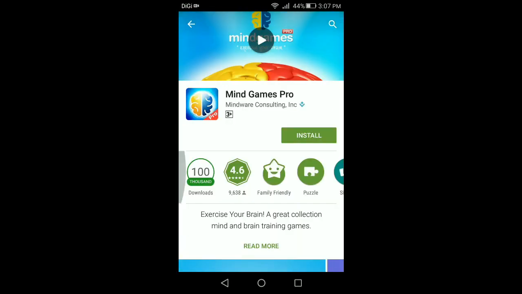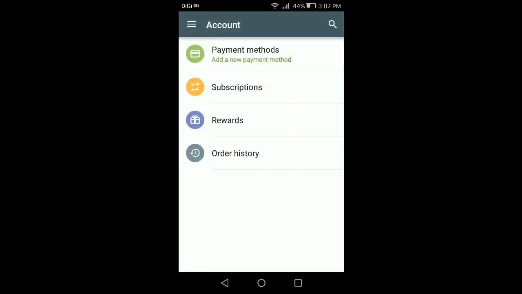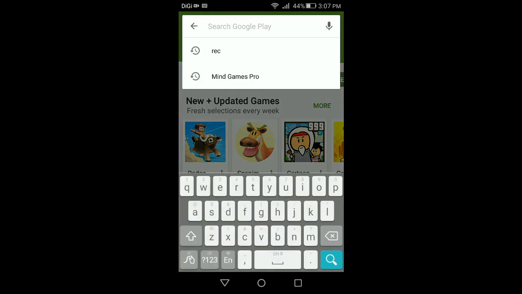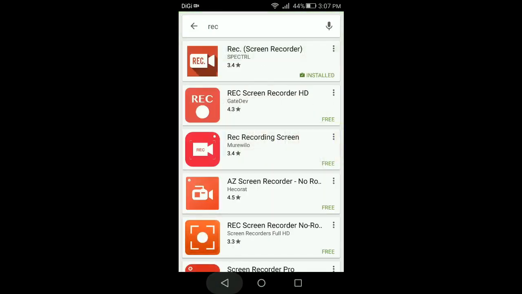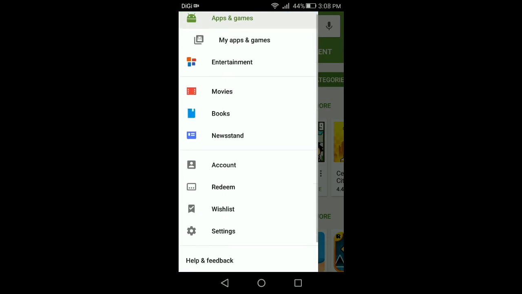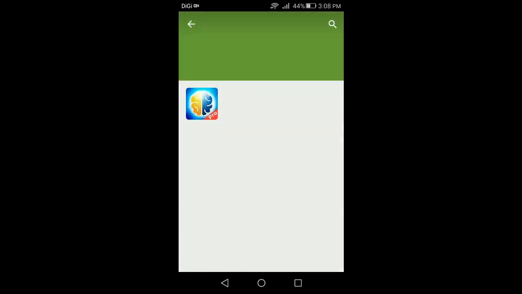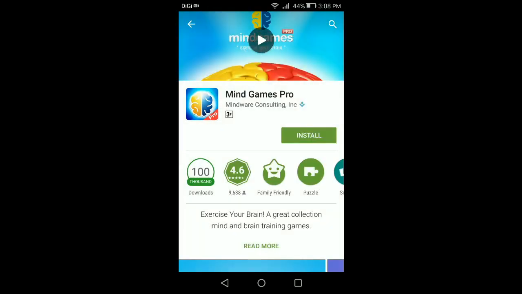Now there are a few things that I will be talking about. Please note that if you just made a purchase on an app, there will be a refund button right next to the install button.